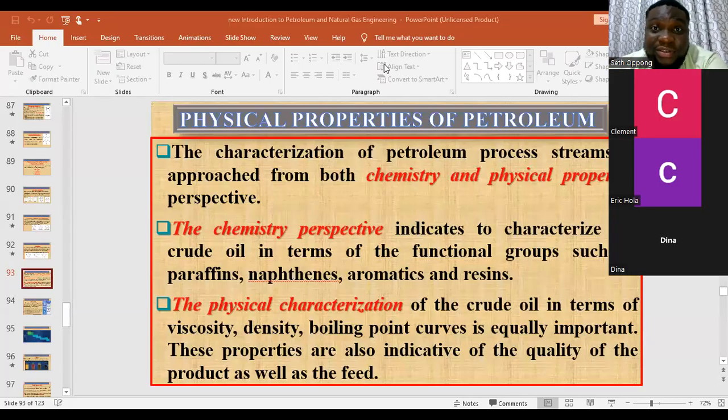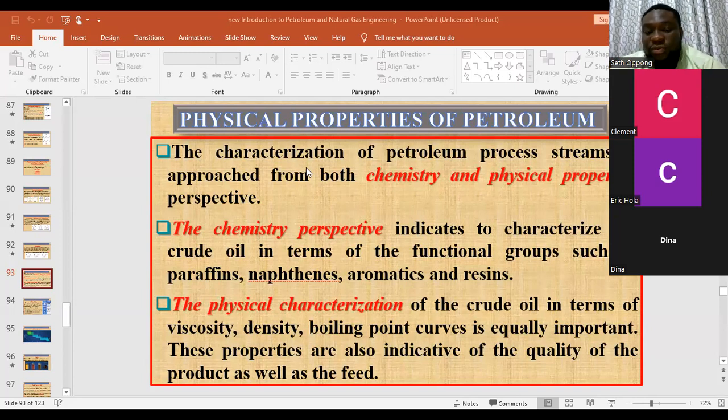Okay, hello. So today we are going to discuss petroleum refining techniques, and we're going to start with the physical and then the chemical properties of crude oil. Today we are going to talk about only the physical properties, and then we'll talk about the chemical properties later on. When we talk about physical properties of crude oil, we are talking about the characterization of crude